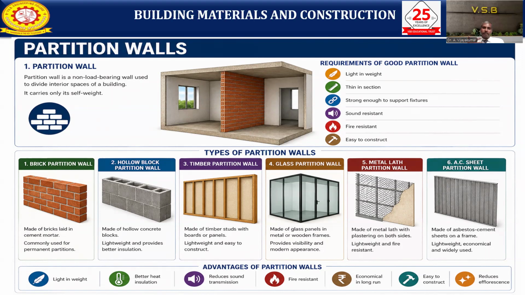The requirements of a good partition wall: light weight, because it won't take much load. So it should be a thin section, strong enough to support fixtures, sound resistant, fire resistant, and easy to construct. These are the main requirements of the partition wall. Here, if you see the images, we use different types of partition walls. One is brick, which we can also use for partition walls, made of brick laid with cement mortar, commonly used for